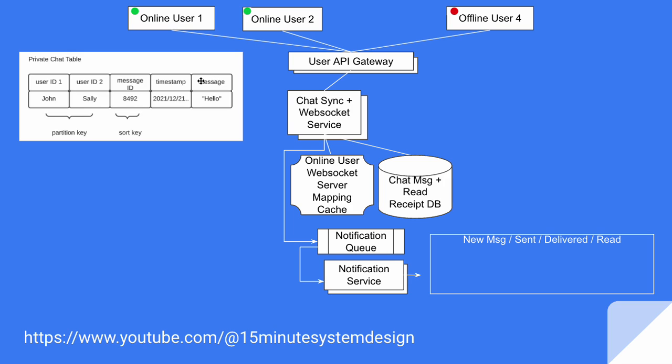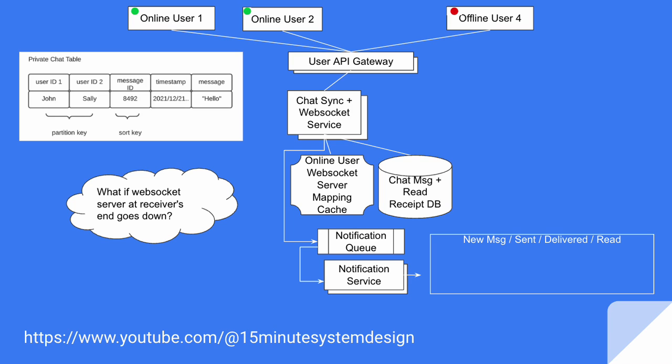Okay. And at a large scale, we might want to shard this particular table. Okay. And we want to use a partition key, which should be a combination of sender ID and receiver ID. And we also want to sort messages with the timestamps. Okay. So message ID needs to be timestamp driven, and this needs to be the sort key.